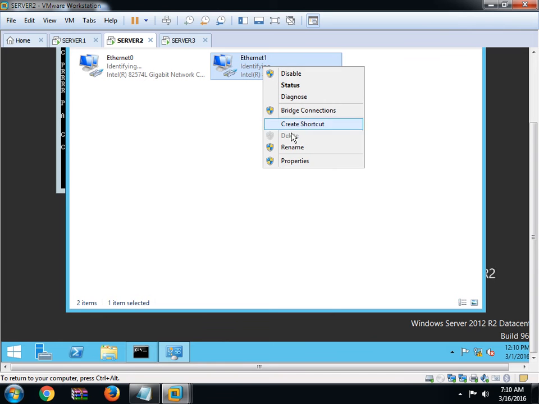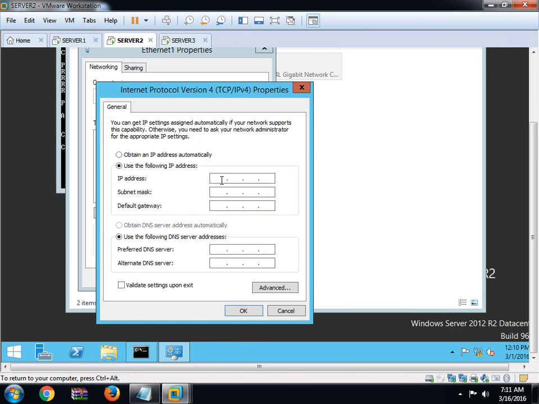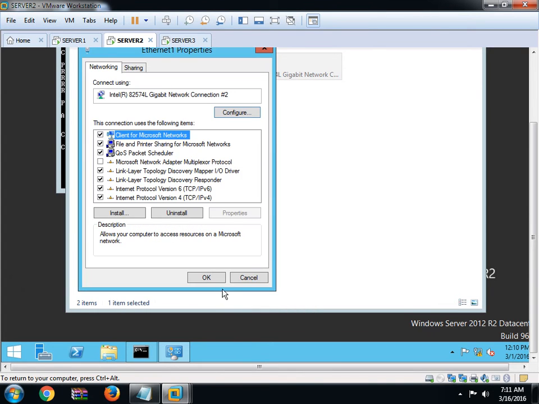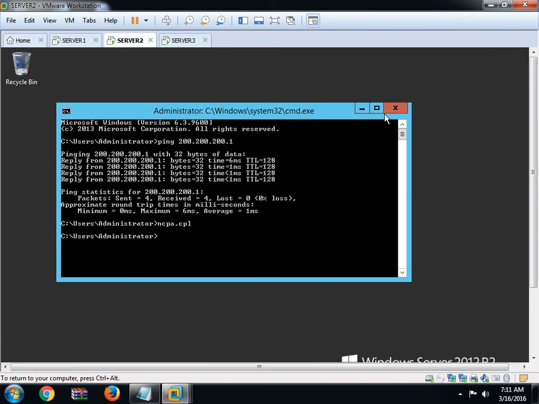This is the other LAN card. IP is 20.0.0.2. Gateway is, this is like a router, so give the same gateway. Okay. Close this.